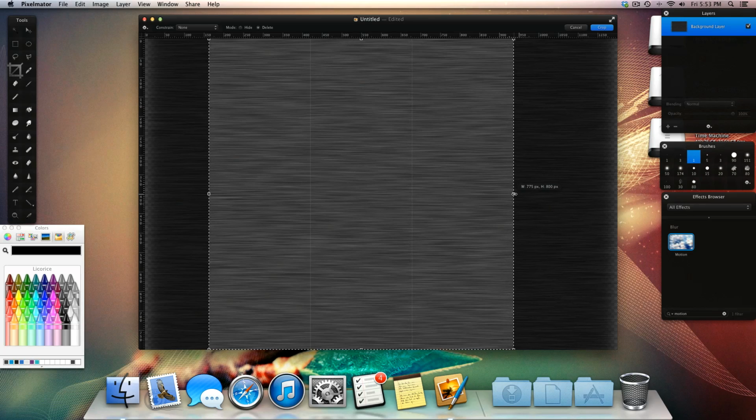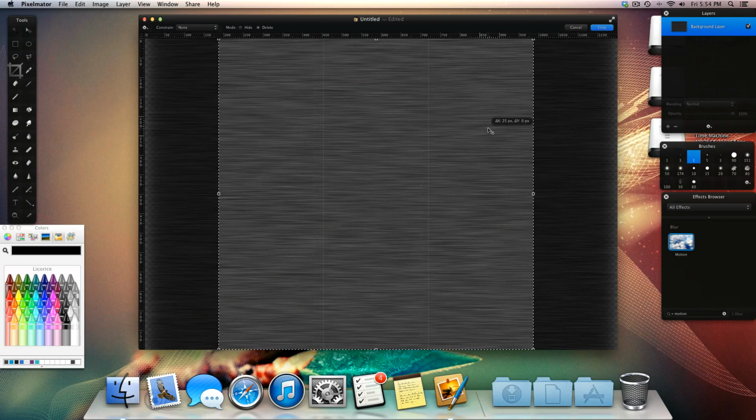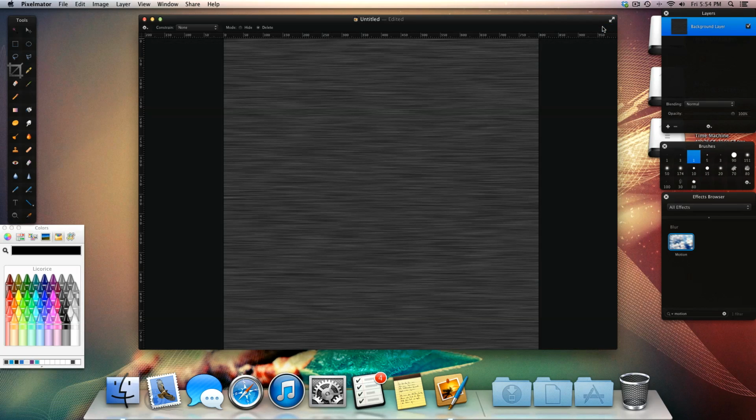So I'm just going to drag it until it goes to 800. And okay, maybe drag it a bit more to the middle, but that doesn't really matter. So just click crop. Next, you want to duplicate the layer and press Command F,